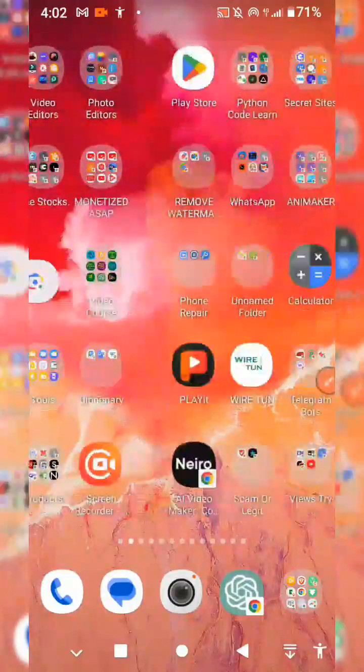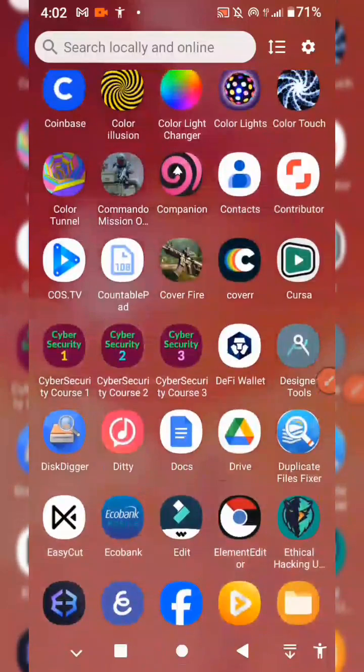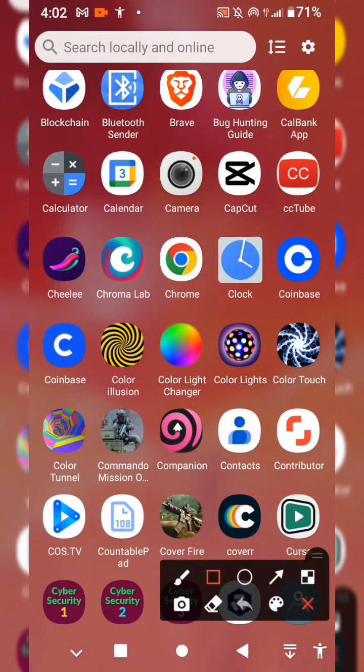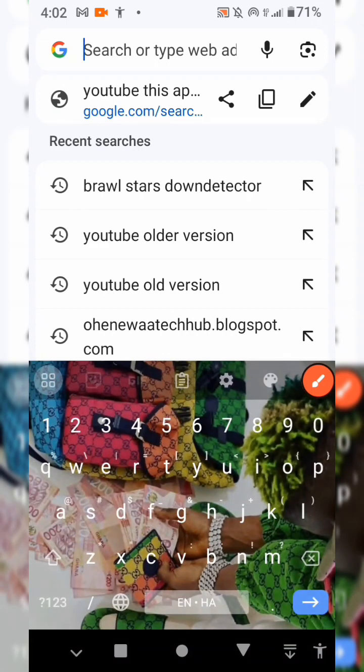So if you want to download it, what you have to do is to go to your phone menu and just scroll and search for Google Chrome. So when you find Google Chrome, just tap on it. So as you can see, this is Google Chrome, so just tap on it. So when you tap on it, you are going to be here. So you tap on the search bar over here at the top, then you type in YouTube,